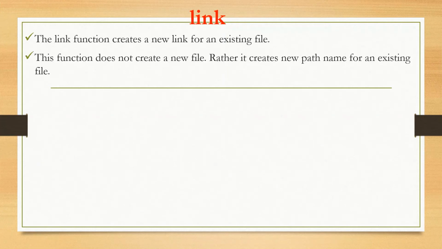cur_link is the path name of an existing file. The new_link parameter is a new path name to be assigned to the same file. If this call succeeds, the hard link count attribute of the file will be increased by 1. Link cannot be used to create a hard link across file systems. It cannot be used on a directory file unless it is called by a process that has superuser privilege.